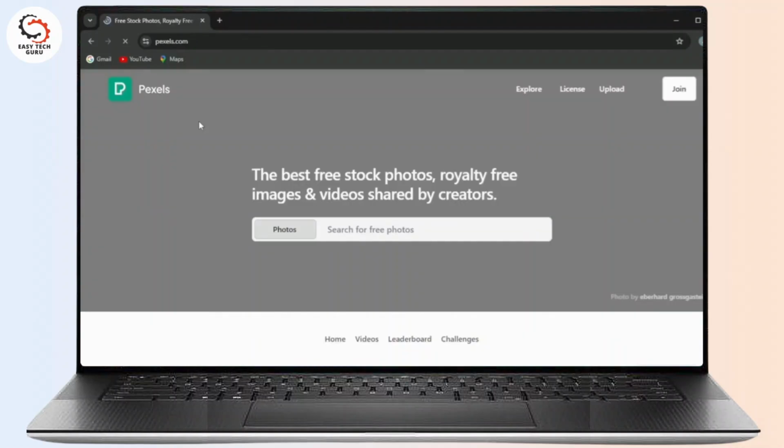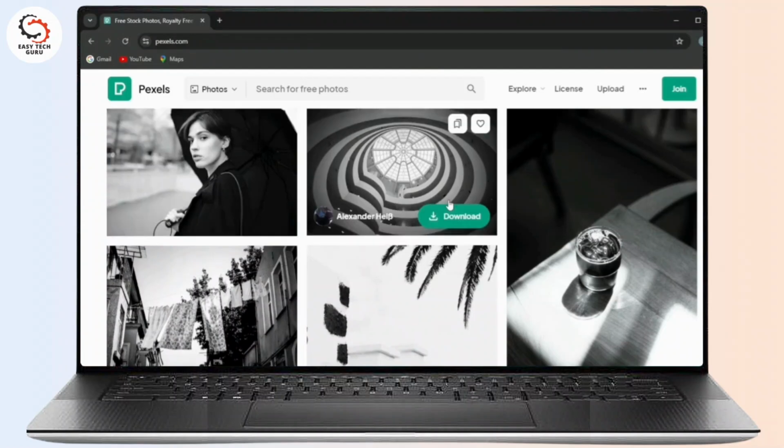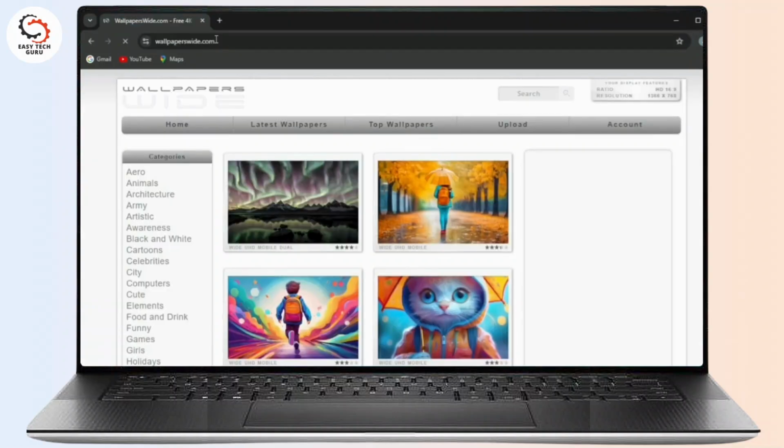On number 3, we have Pexels.com. Just type in Pexels.com into your browser and then you'll get to this page where you can search for free photos, royalty-free images, and videos shared by creators. On this website also you can see the quality of the image is very good. Just tap on one of the pictures and you can see the green box with the download icon. To download, just tap on the download option and you may download it, or you may also save or like the picture. And on number 4, we have